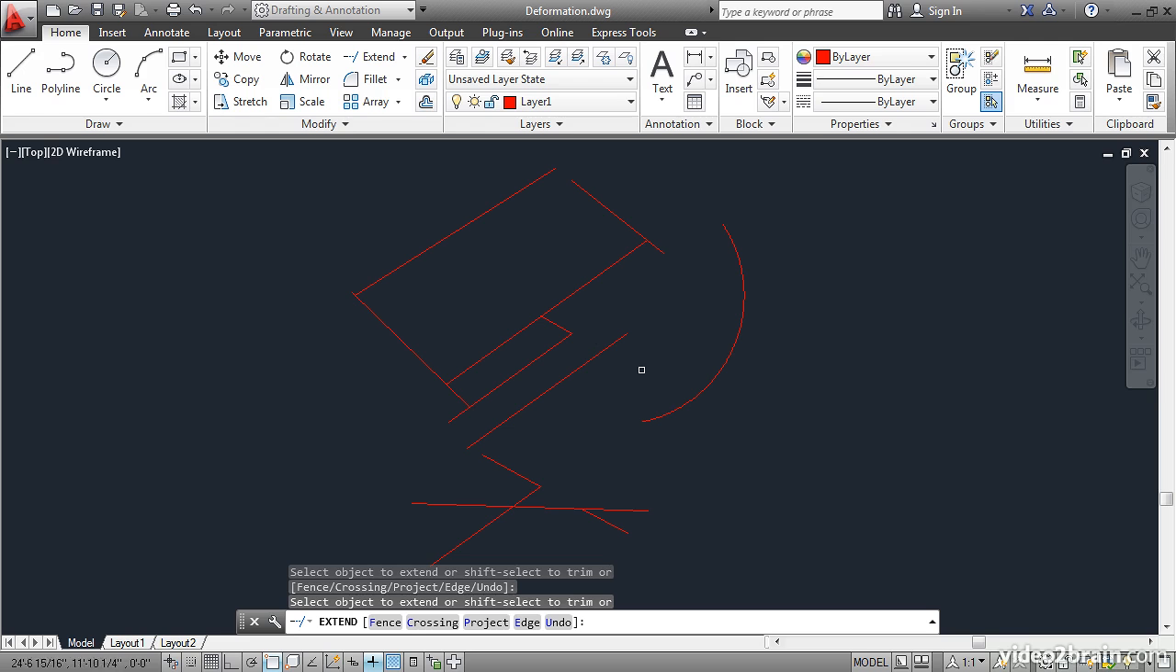You can also extend arcs. I'll click here, and it's extended to the next edge. If I click the arc on the other side, it gets extended all the way around to the first boundary that it encounters. Another interesting feature of both trim and extend is if you hold down the Shift key, the